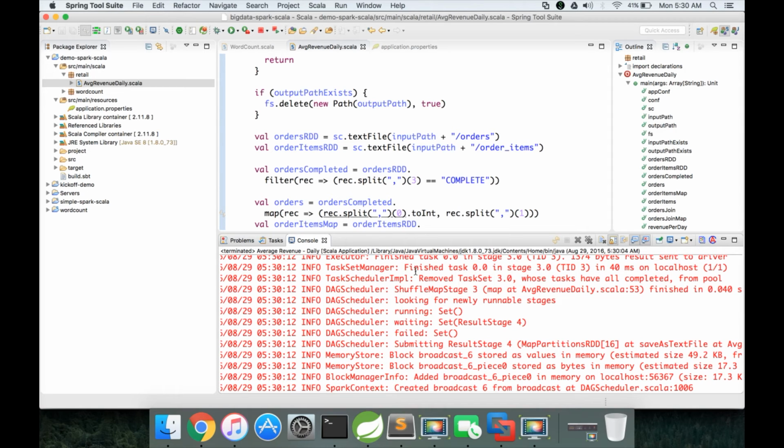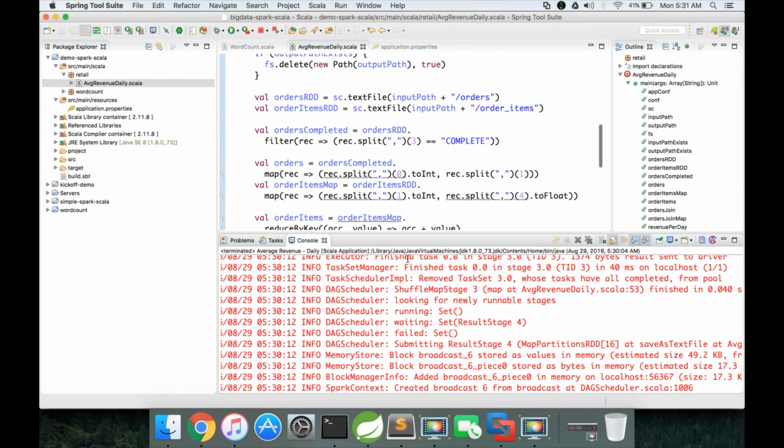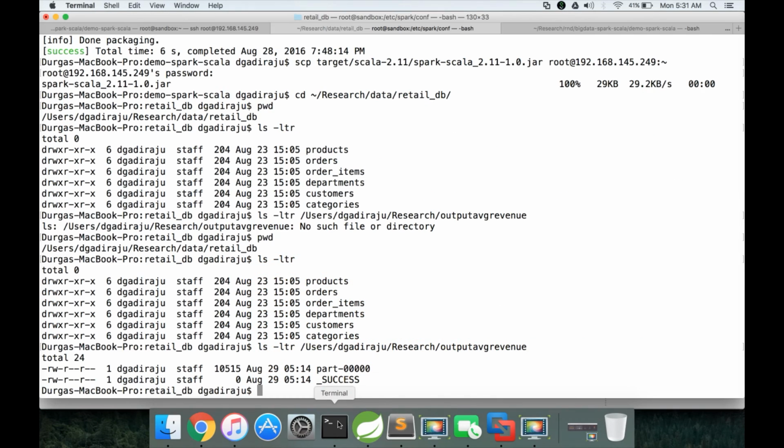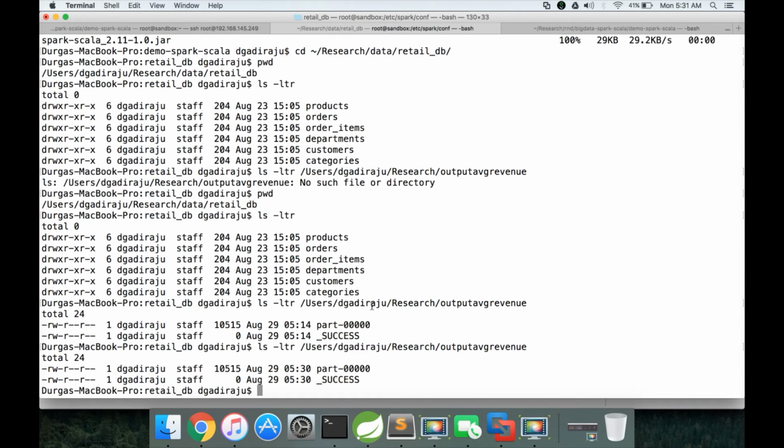Only experts need to have some knowledge about it, and you have to build this over time. Okay, that being said, now let us validate whether it has created the directory successfully or not. I am running the ls -ltr command again. It has run. You can see the timestamp, which is 5:30, and my laptop time is 5:31, so it is close. Hence the program has run successfully.